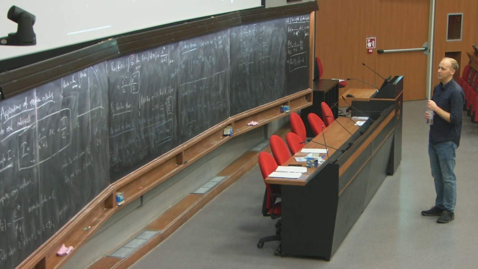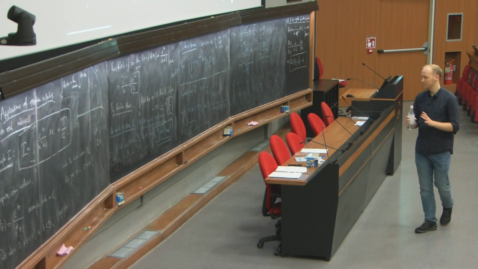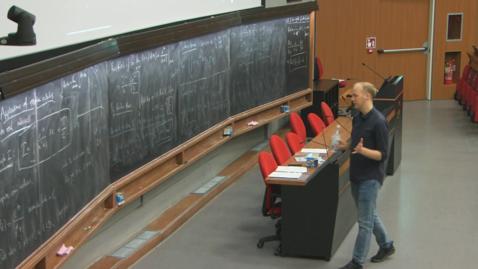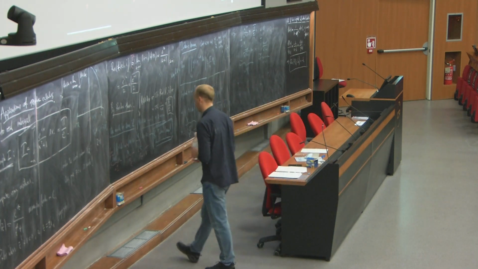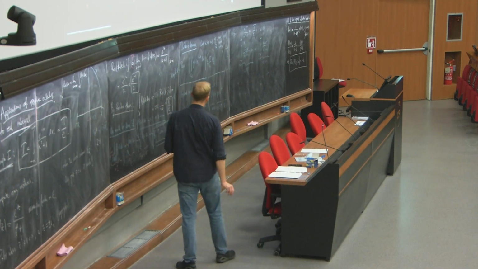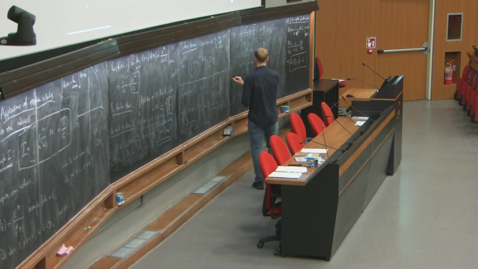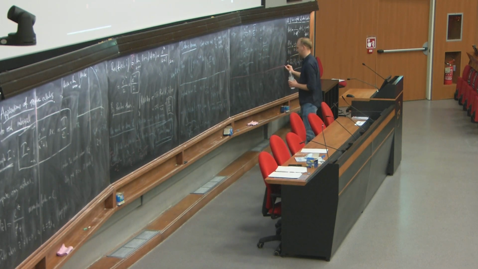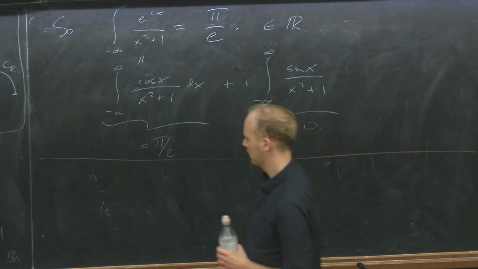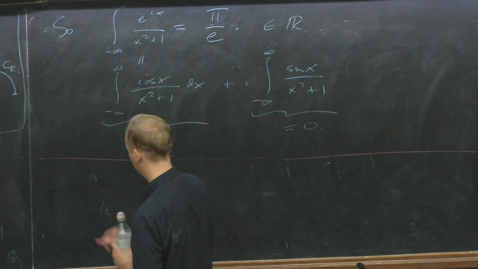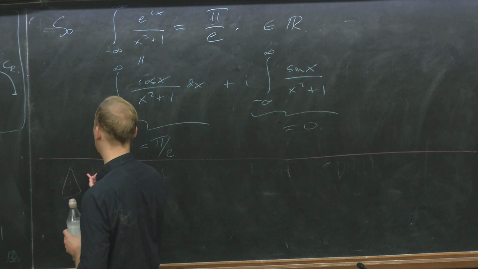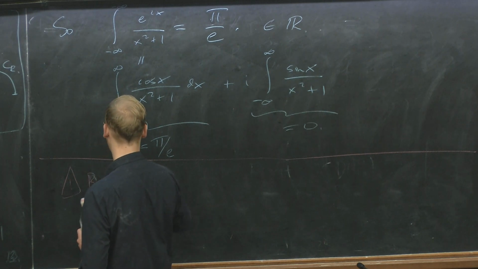And the way you choose your contour when you have to deal with this branch cut is a bit special, and this is maybe the only slightly tricky thing when you do this integration. But since I think the integral I ask you to hand in from the homework is one of those, I should still tell you that when you have branch cuts,